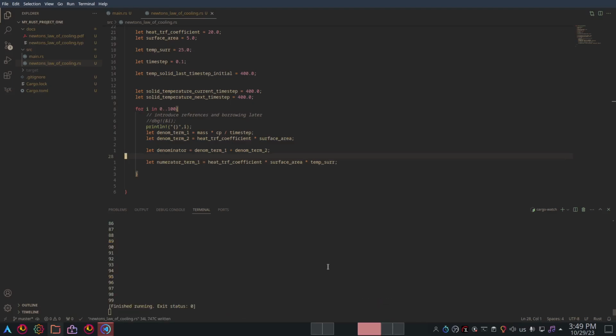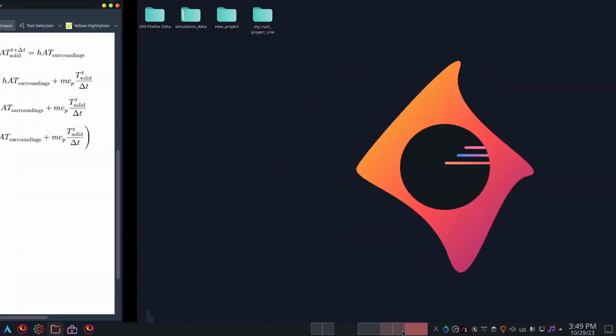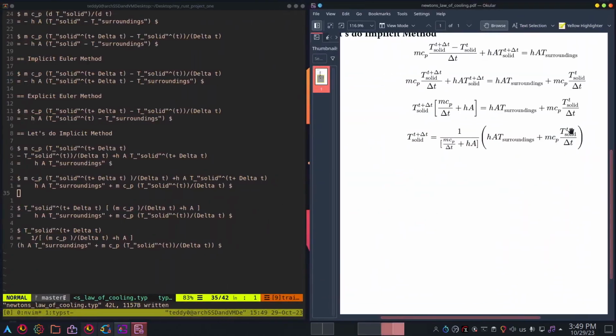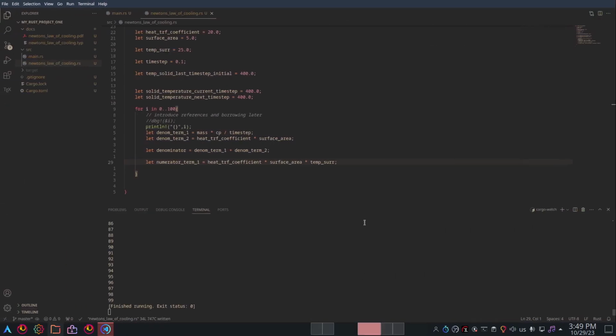That's 1. And then what's next? MCP T solid over delta T. Let numerator term 2 equal to